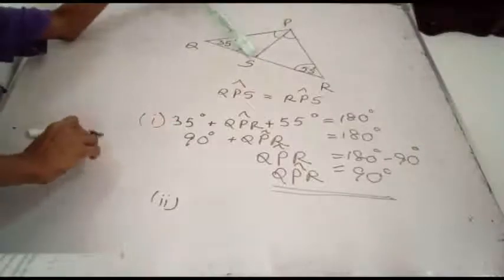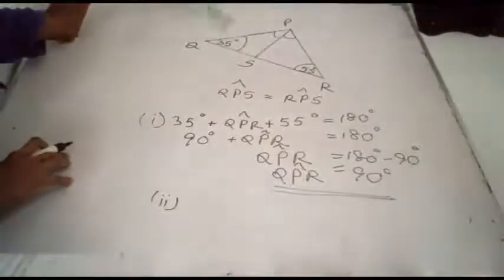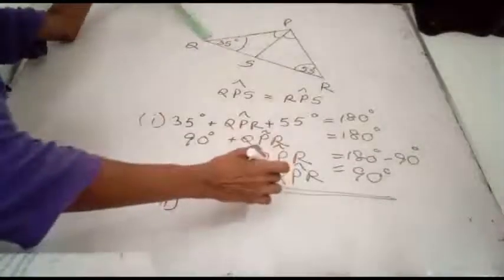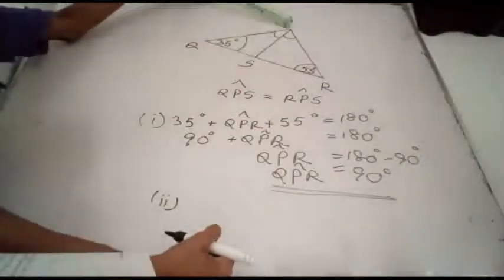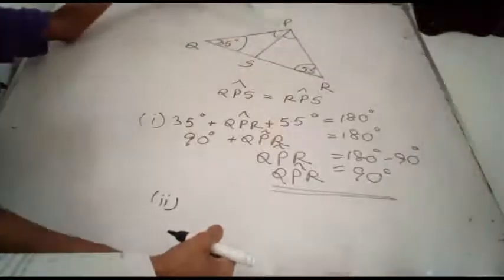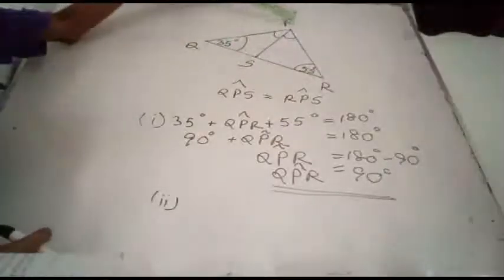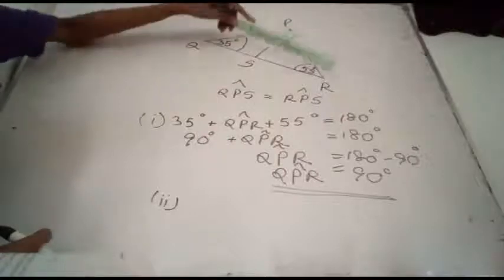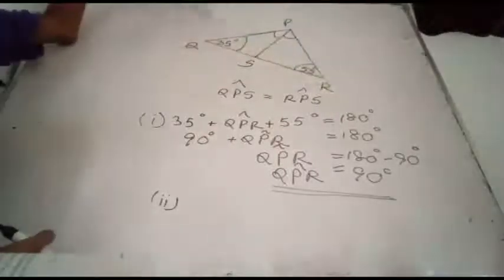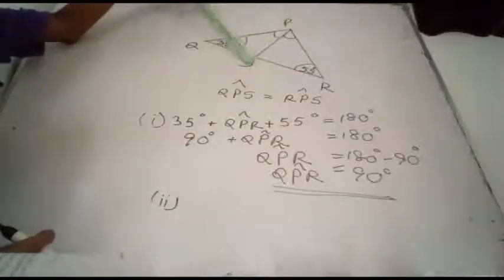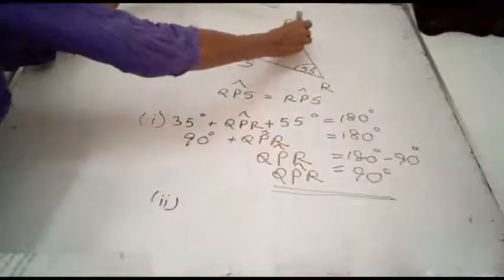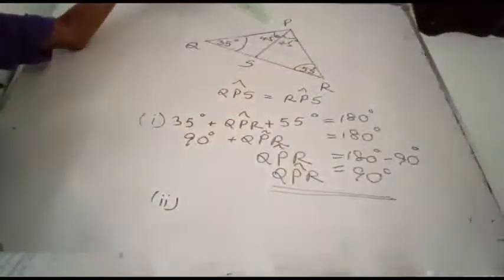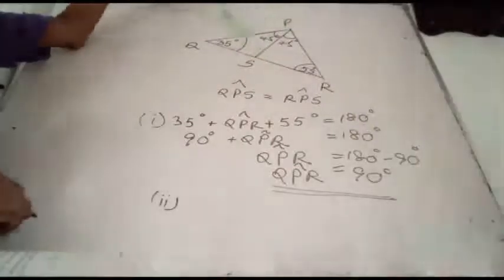Here PS is the angular bisector of the angle QPR. The magnitude of angle QPS and the magnitude of angle SPR are equal, 90 divided by 2, 45 degrees. Then the magnitude of angle PSR